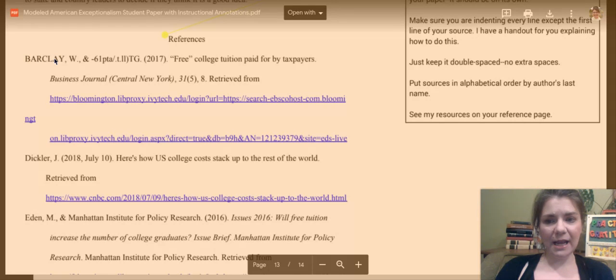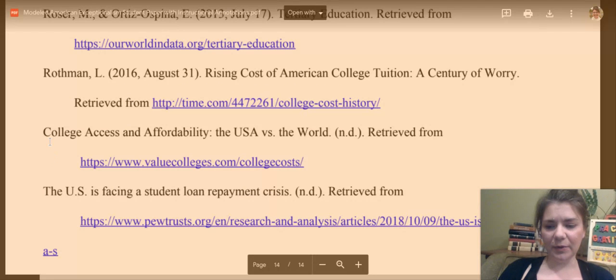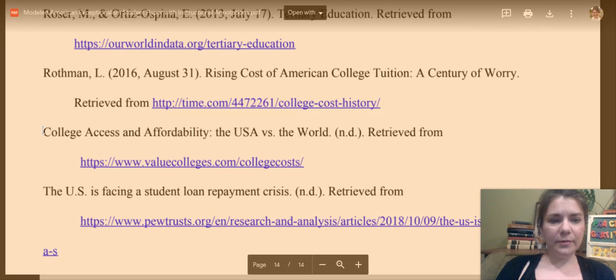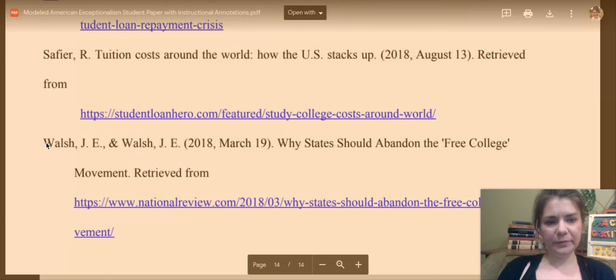Okay, and in the case that you don't have an author, and I'm noticing a mistake here, you're just going to put the title of the article, but you're going to continue putting this in alphabetical order. So this should have been up with the C's for what that's worth. Okay,